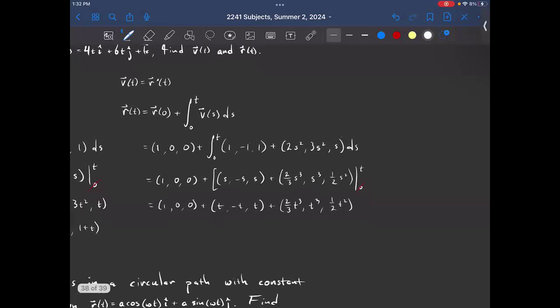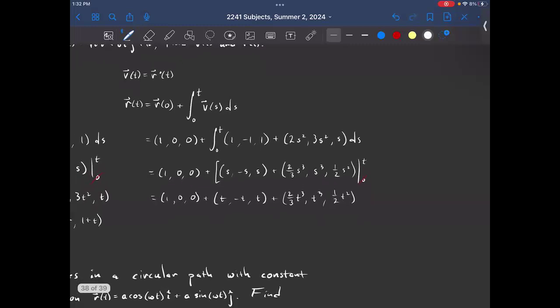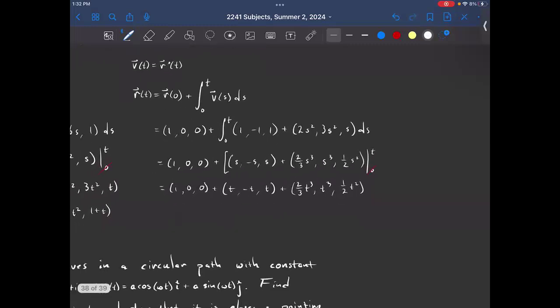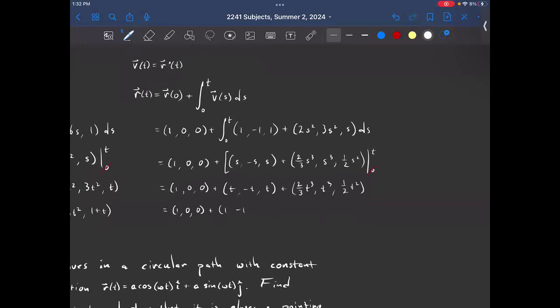We can also write this as a polynomial now, so this might be kind of interesting. If we were to separate out all of the vectors with different powers of t, we would have 1, 0, 0, plus 1 minus 1, 1,